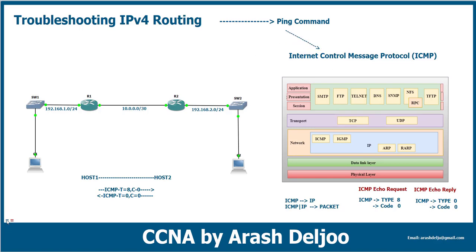For example, when you configure this command on host 1, ping 192.168.1.2, actually this means: ICMP, please send one ICMP echo request, or ICMP type 8 code 0 message, to the destination 192.168.1.2. Ping is a command for ordering ICMP to send ICMP type 8 code 0 to the destination IP that you are